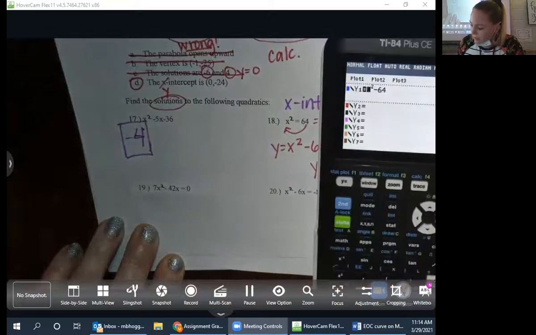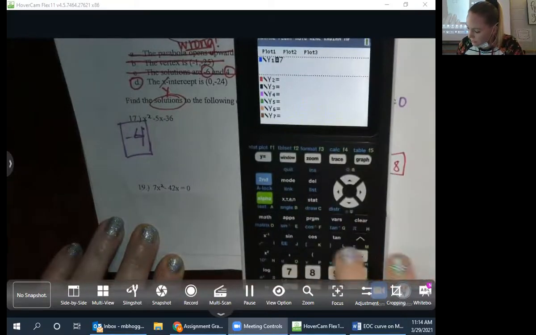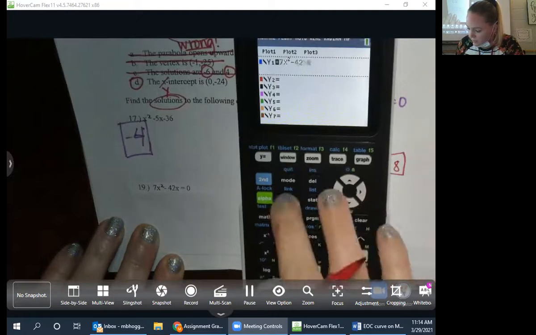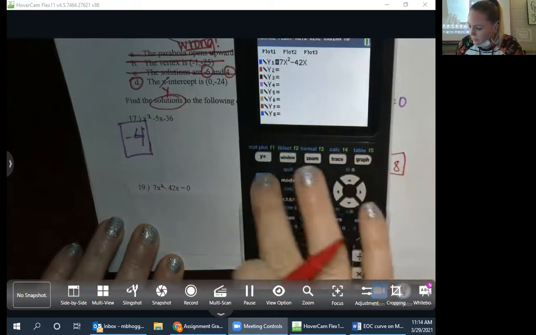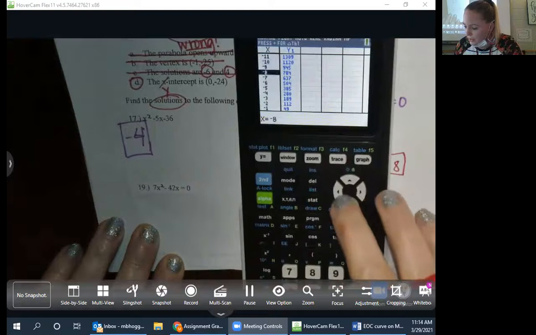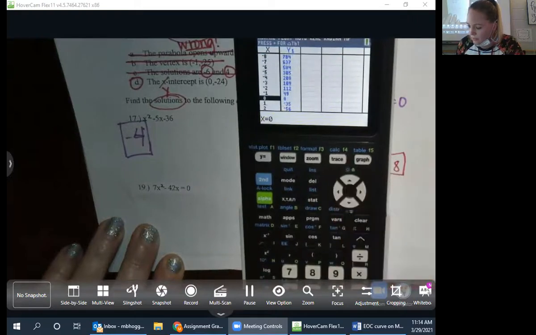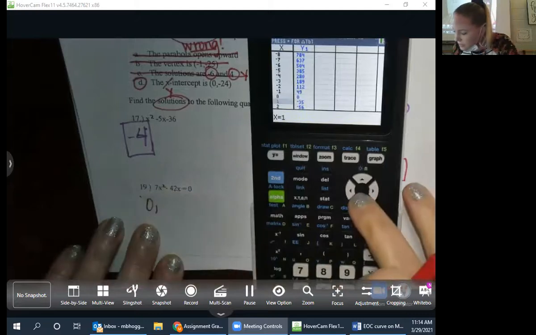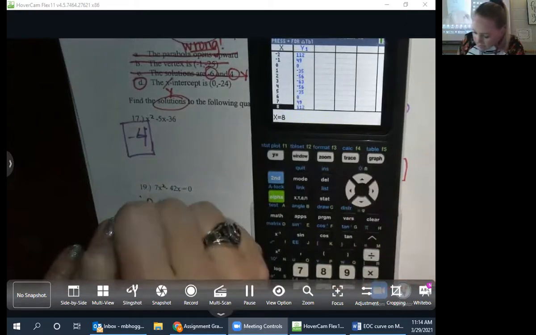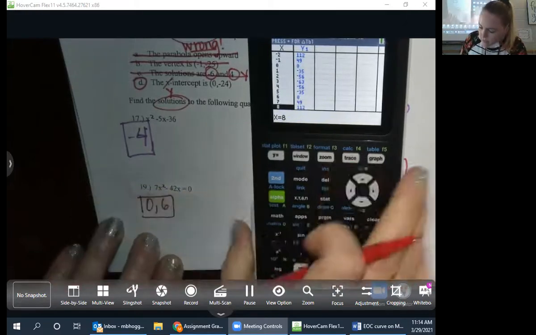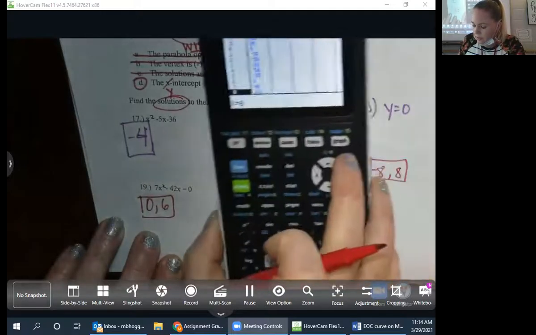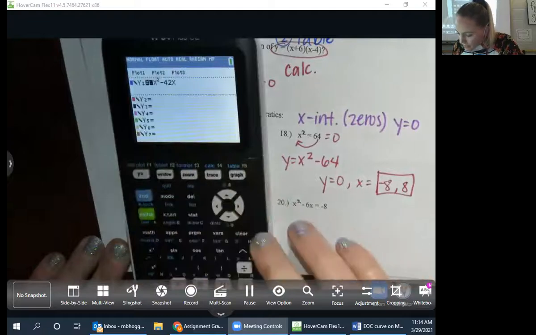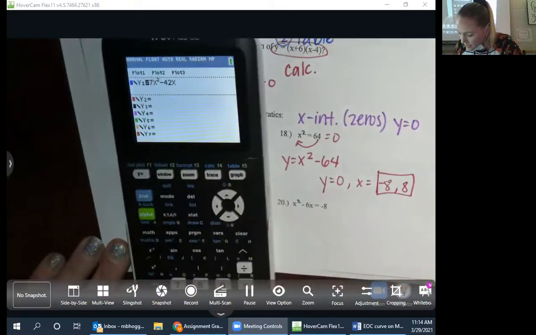Put that in your calculator, 7x squared minus 42x. We're going to go to the table. Anywhere y equals 0 is what we're looking for, okay? So it looks like 0, 0. So 0 is in one of them. And 6. Those are your solutions. And then down here, this last one, x squared minus 6x